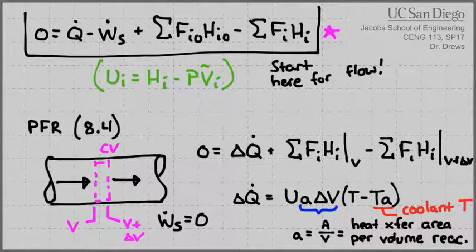So you can see now if we put this delta Q term, this whole term, oh actually I think I forgot my negative sign again. Yeah, don't forget the negative sign out front. If you put that term for delta Q inside our energy balance up here, this term's going to have a delta V. So I'm going to divide the entire expression by delta V, so it's going to go away over here. This is going to look like a differential. Actually, the negative of a differential, because it's evaluated at V plus delta V, and it's divided by delta V. So we're going to let delta V go to 0 and end up with a differential. And the end result there is that 0 is equal to minus U little a times T minus Ta